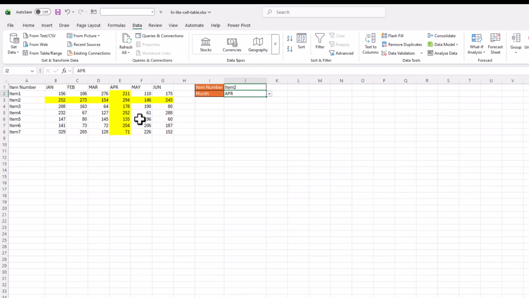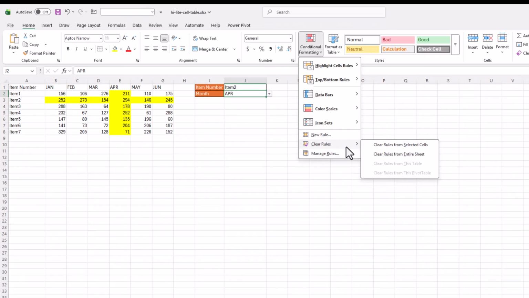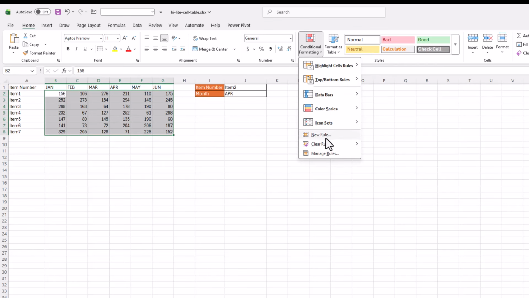And bonus, what if we don't want this highlighted? What if we just want that single cell highlighted? Let's do that. Go under Home, Conditional Formatting. Let's clear the rules from the entire sheet. Let's just have that cell highlighted. So again, I select my range of cells here, go into Conditional Formatting, go under New Rule,